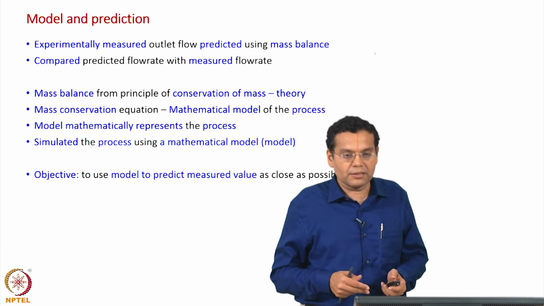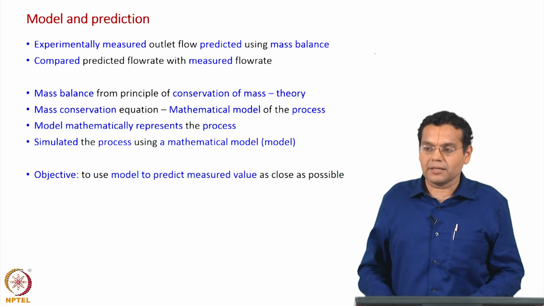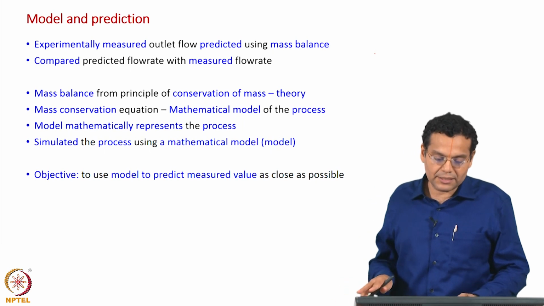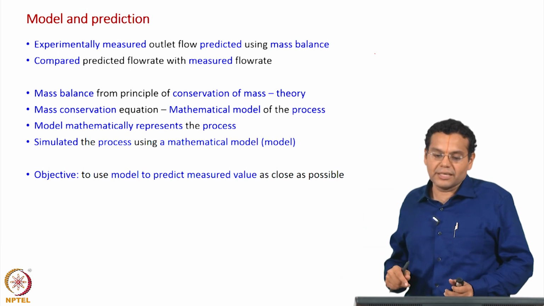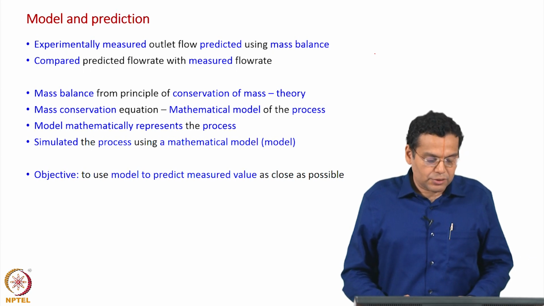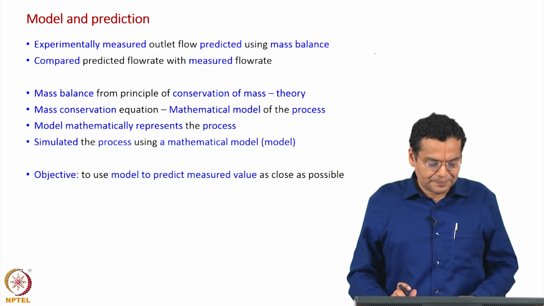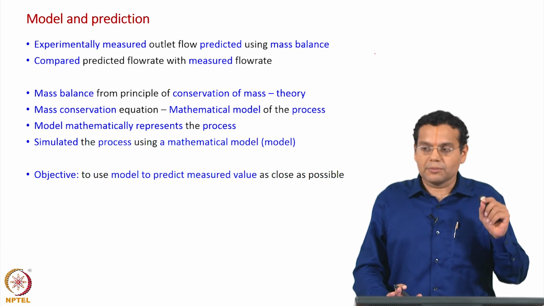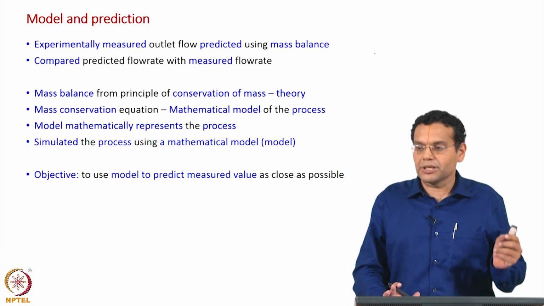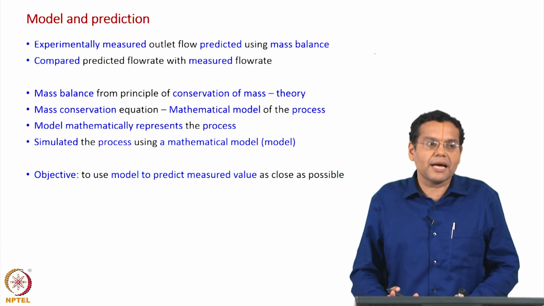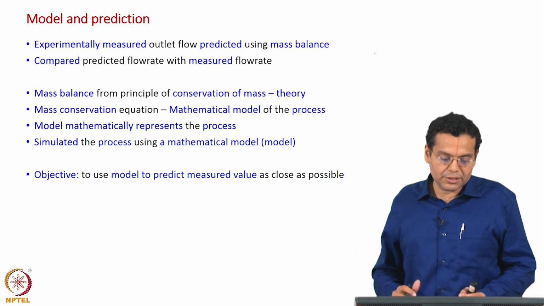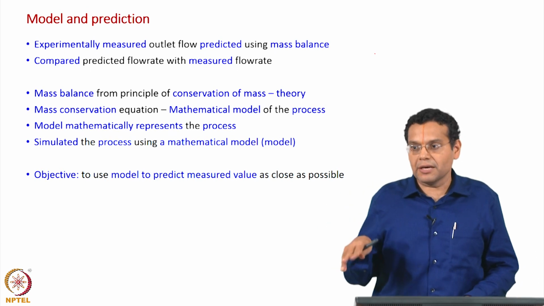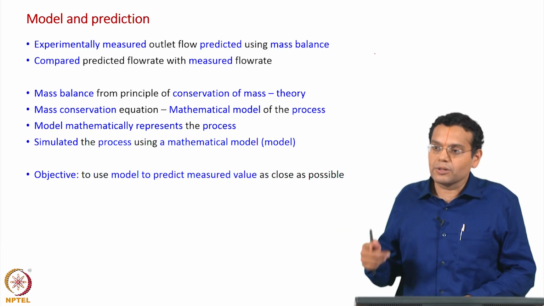The way in which we use model in this course represents a mathematical model. Otherwise, to begin with we say mathematical model, but the moment we say model, it represents the term mathematical model. In short, we say model. Okay. And so, we have simulated the process using the mathematical model. So, what is the whole objective? The objective is to use this model to predict the measured value, not just predict, we want to be as close as possible. Okay. So, the summary of these two slides is that we want to use a model and then predict the measured value, in this case the outlet flow rate, and also as close as possible.